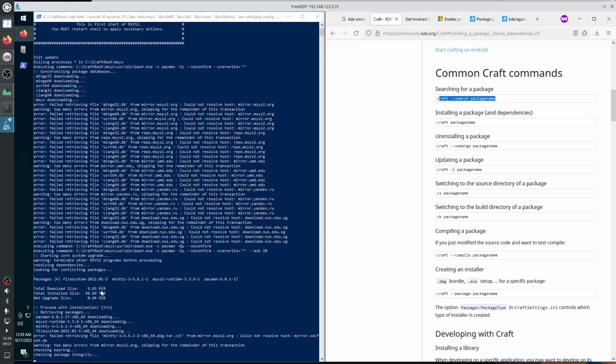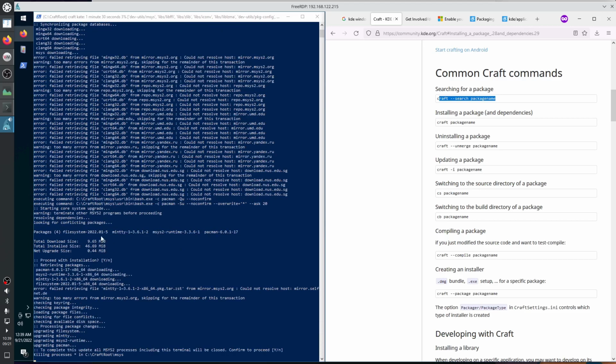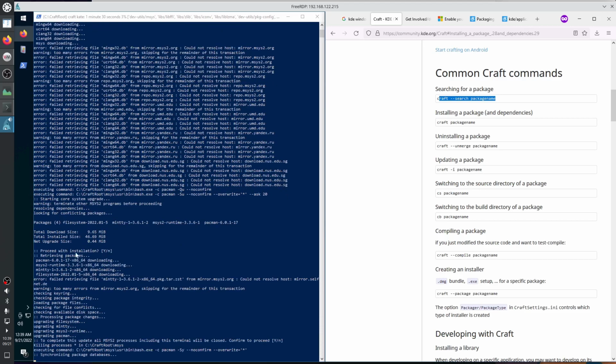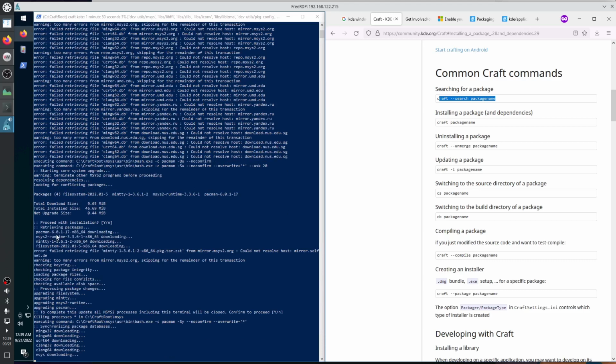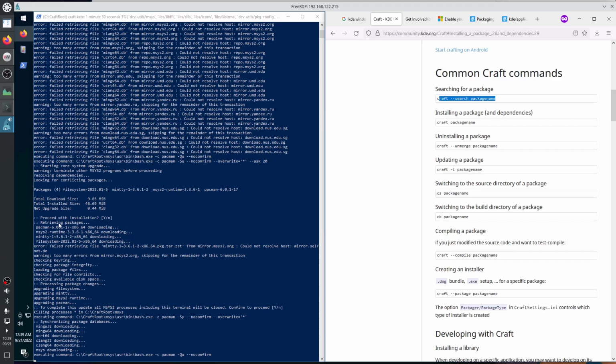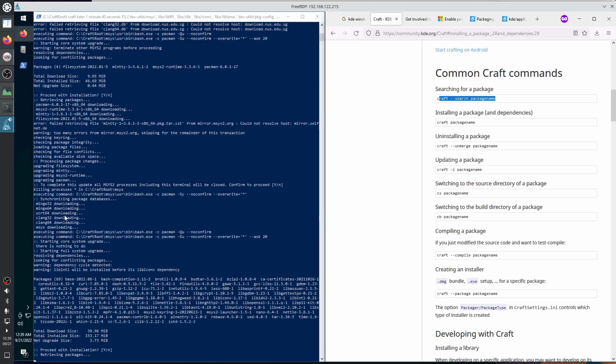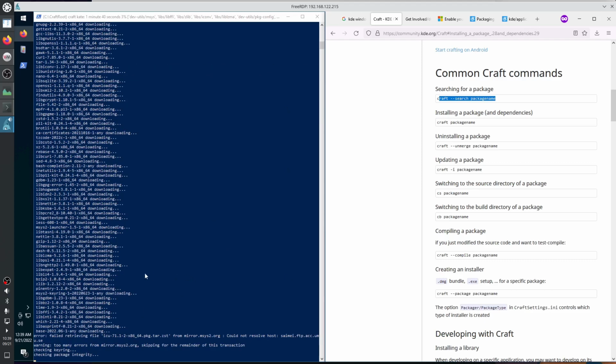Okay, then inside of MSYS using the Pacman package manager, it's going to install a ton of things: curl, coreutils, dash, file, findutils,